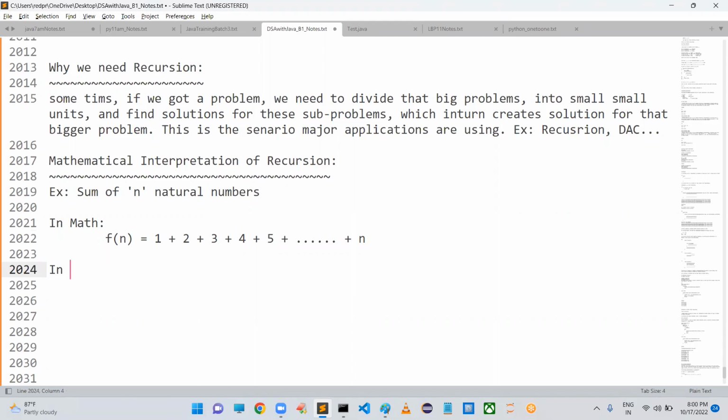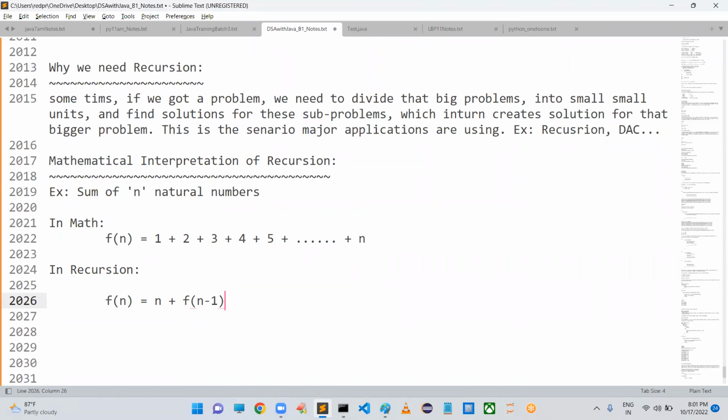But in programming, in recursion, how can you do this? You can't define the function directly. We have to define the function in two ways. What is the first function? f of n is equal to n plus f of n minus 1. I have a function I want to solve, but don't solve it directly. Whatever parameters they have given, I will store them inside my stack.